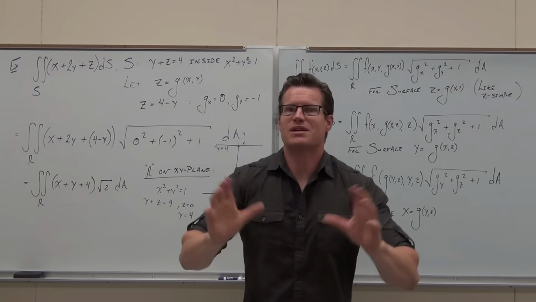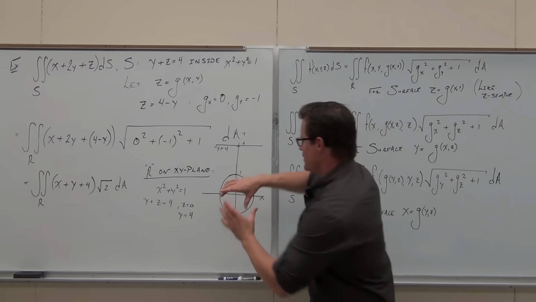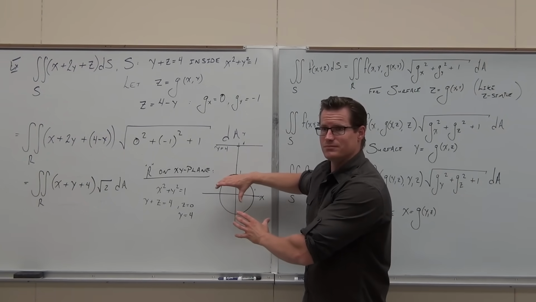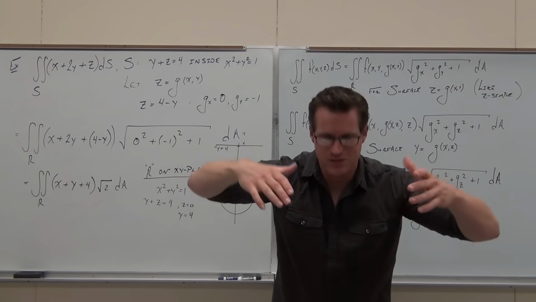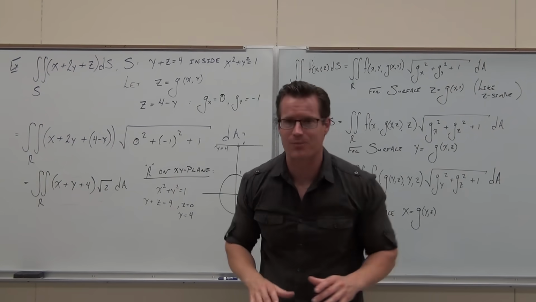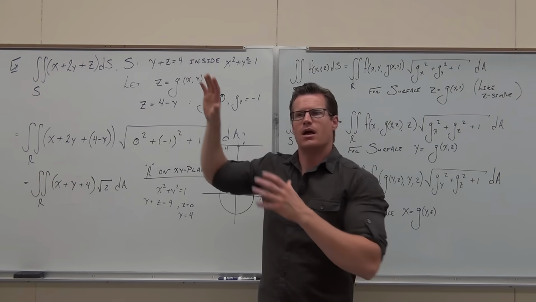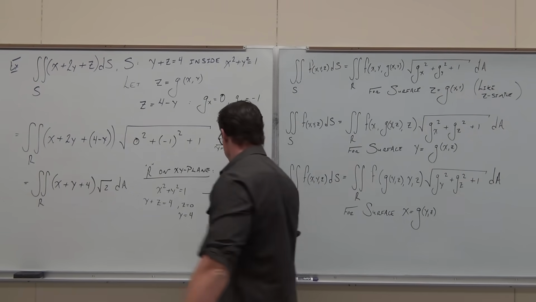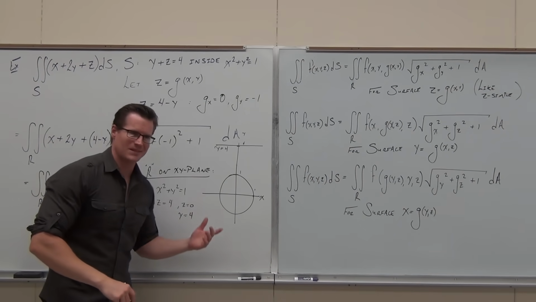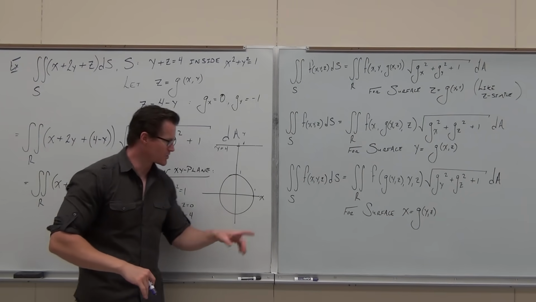Do you guys see it? It doesn't matter that it's slicing above, this is still your region. That's still R. It's just a projection of your surface. If you're looking right down on top of it, it'd be what it creates on a coordinate plane. So does that feel right? That's your R. Now, you tell me, after all the calculus you've done, all the double integrals, how would you